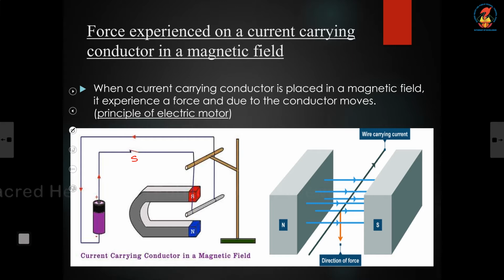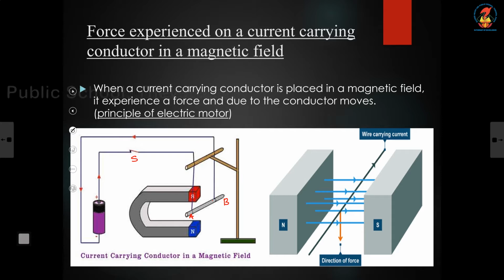So, when the switch is in the on condition, the current will flow from the positive terminal of the battery through the copper wire. Then it will reach the aluminum rod. We can name it as AB. This side is A, this side is B. From A to B, again from the side B, it will pass through this copper wire and reach the negative terminal of the battery. So, the circuit is complete and the current flows through the circuit.